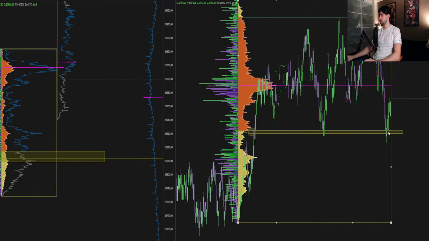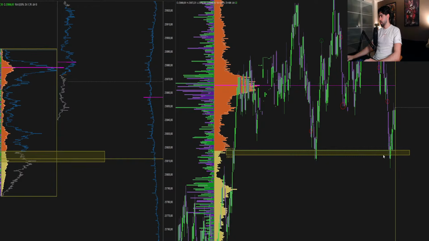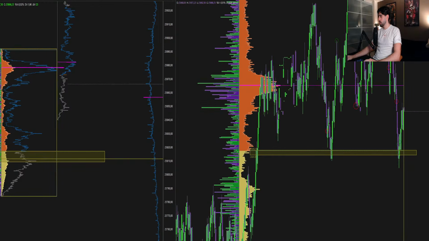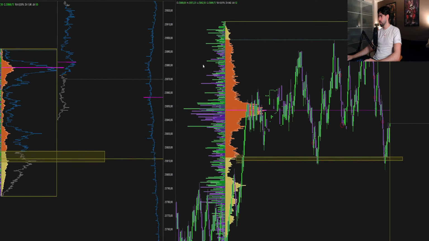Yes. Value area low. Oh, this was a really good trade. Value area low. Aggression stepping in, but I would like to see some sell aggression getting destroyed. But we saw it if you filter it lower. So maybe a rotation back to point of control. Could have been a good play.